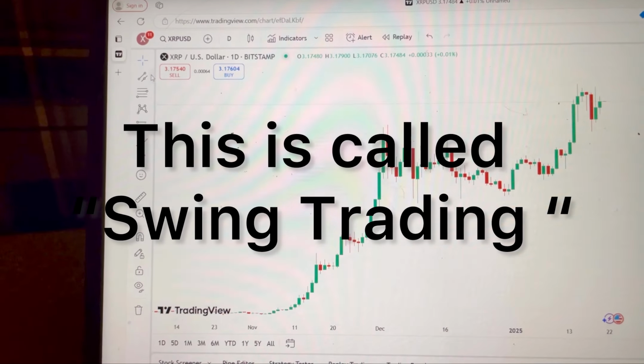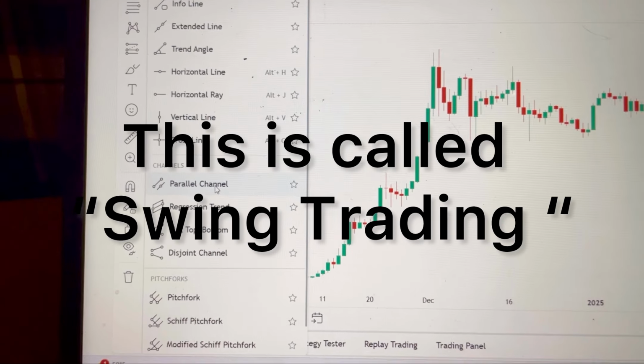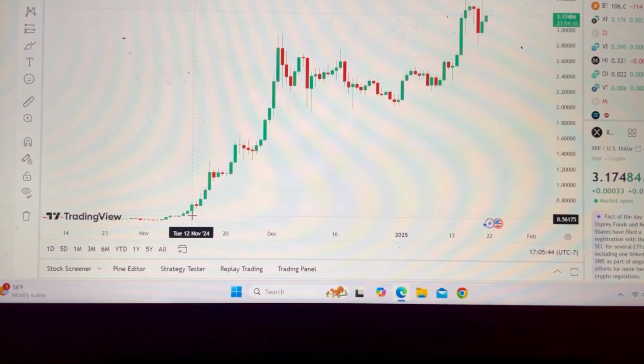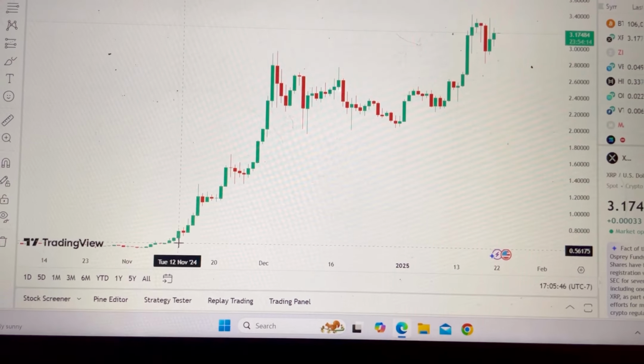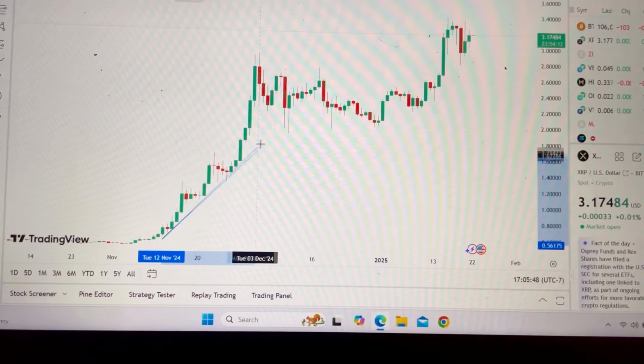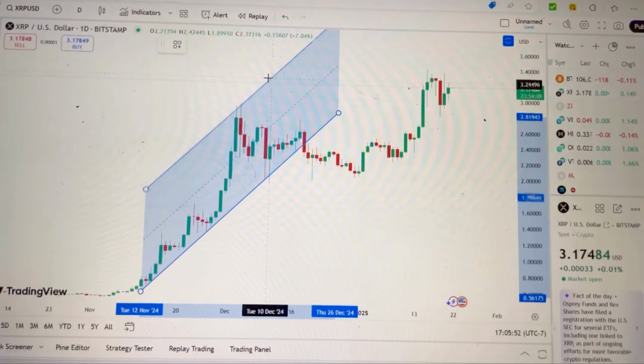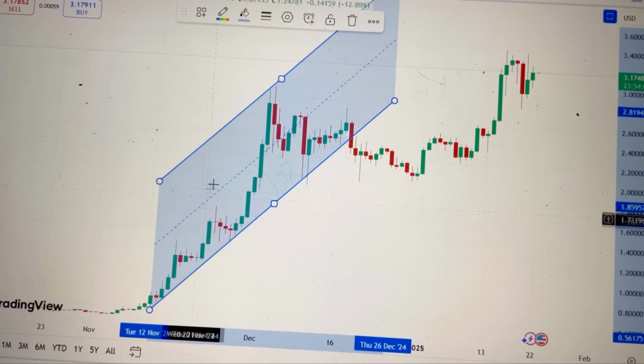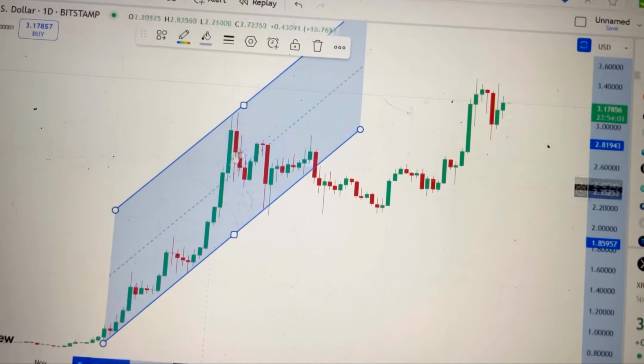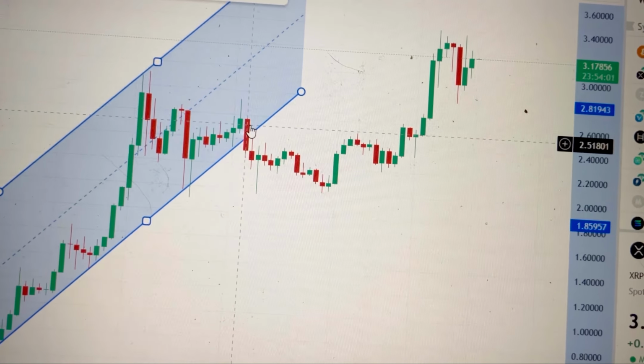I'm going to go over to my parallel channel. And then I'm going to draw a trend. I usually start at the bottom and find support. And I'm going to hit all the supports I can going up. I'm going to hit that one, this one, right here. And then keep on extending it. And then I let go and I drag. Look, we were in an uptrend until we're not in an uptrend. When were we not in an uptrend? When it breaks out. Look at that big red candle.